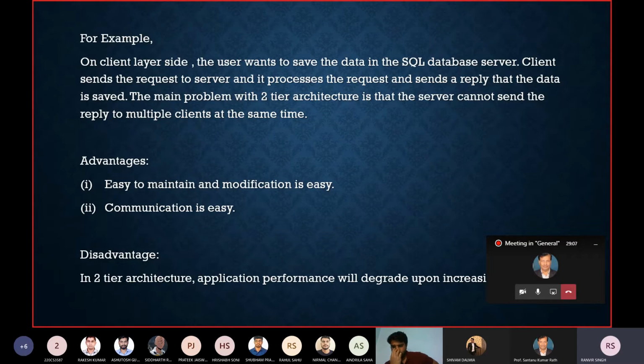If there are many clients in that architecture, the application performance will degrade, because every client will not sit idle. They will send requests as per their requirement, and the server has to reply. It cannot reply to many clients at the same time, so it will take time. That's why performance will degrade. This is one disadvantage also.